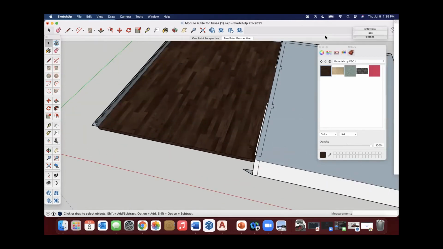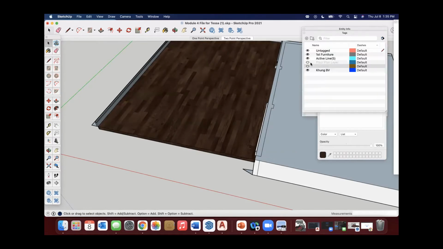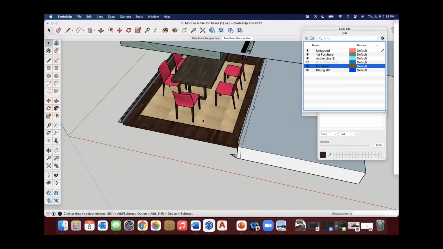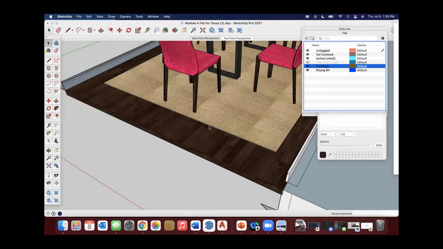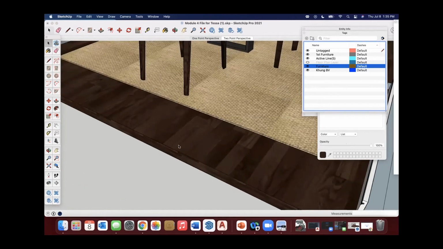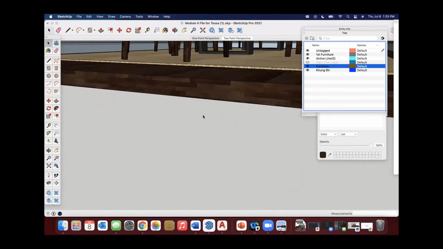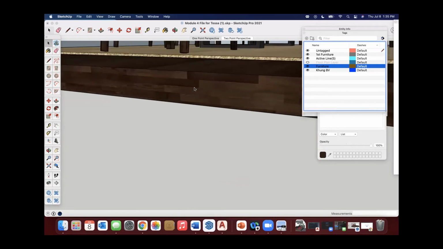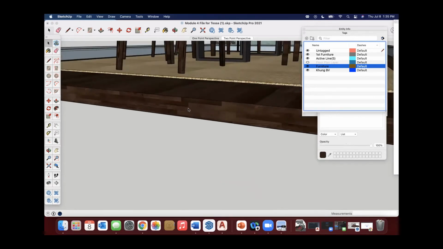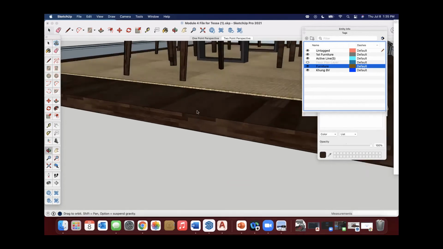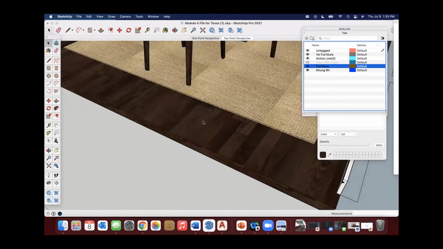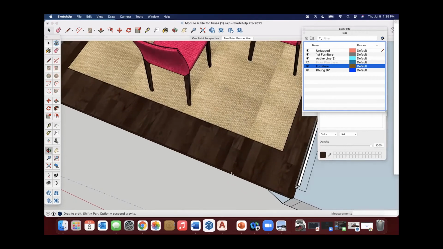Now if I go back and turn on the furniture, you can see how the furniture is looking with the rug above it, and the planks look much more appropriately scaled. Because if you see right here, that's what it was originally. And look how small that was. That's definitely not appropriate. It doesn't matter, because in our rendering we wouldn't see this portion of the model anyway. We're just focused here because that's what we'd actually be seeing.